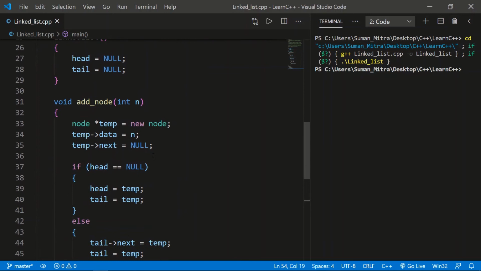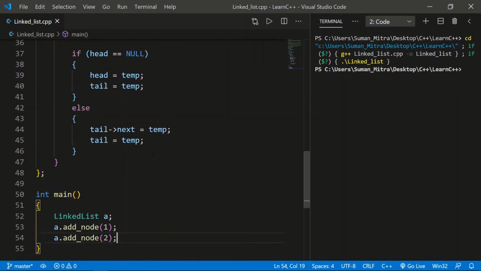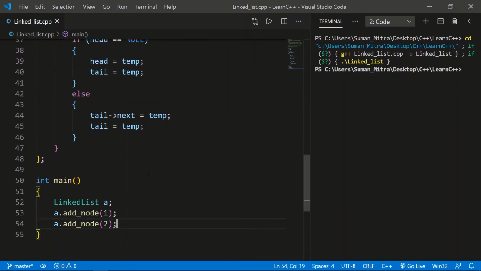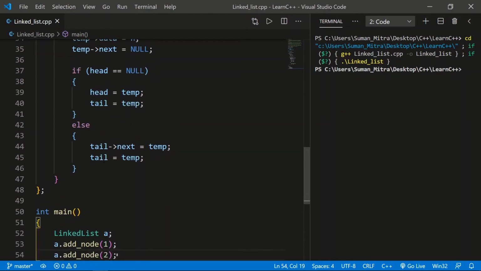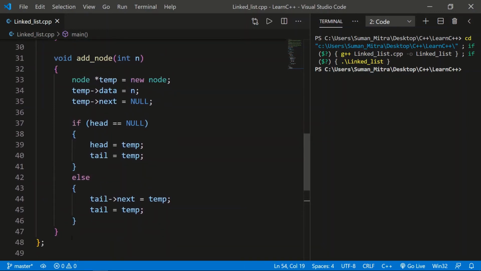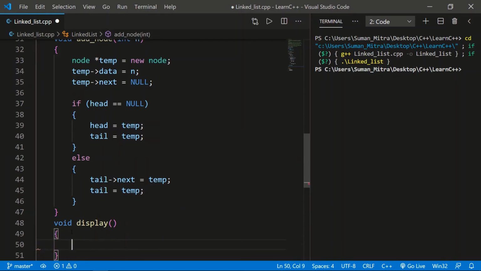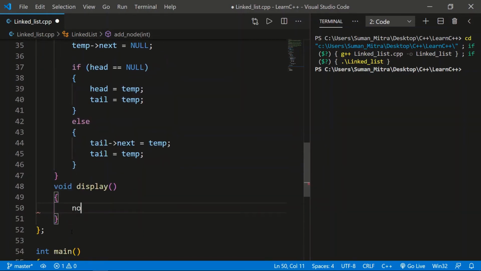Now how to display them? After displaying them, I'll teach you one more time from the front so that you understand better. To display them, we'll add one more function. Let's write void display. This is just a name, you can name it anything you want. Inside it we'll create one more node that will display everything. We'll write x, you can name it anything, and inside x we'll put the head.